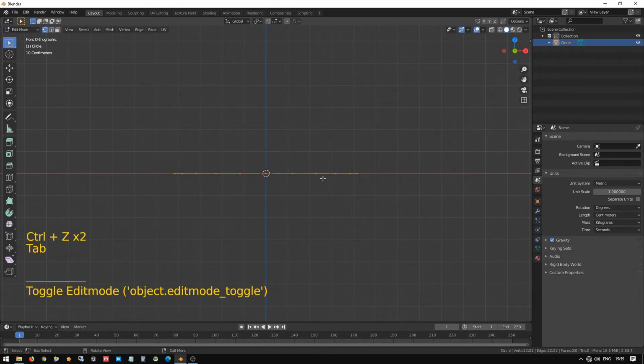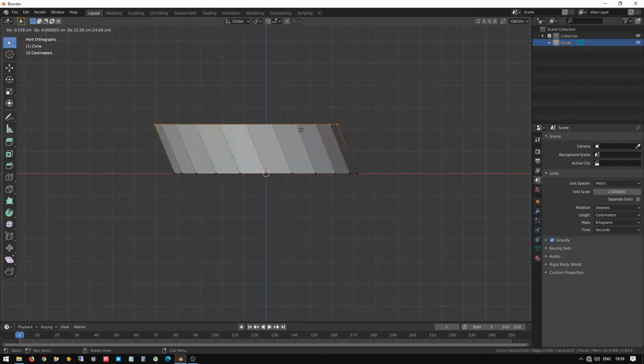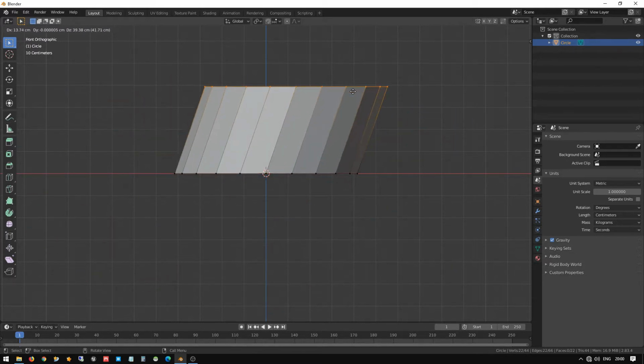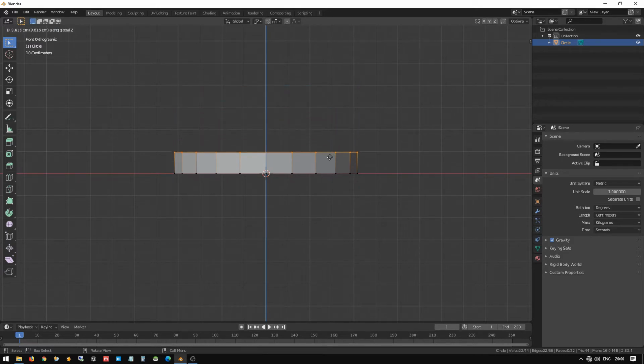When you extrude and move, you can see it moving left or right, along whatever axis. I want to move it evenly along the Z axis, so I press Z, and now it has moved evenly along the Z axis.